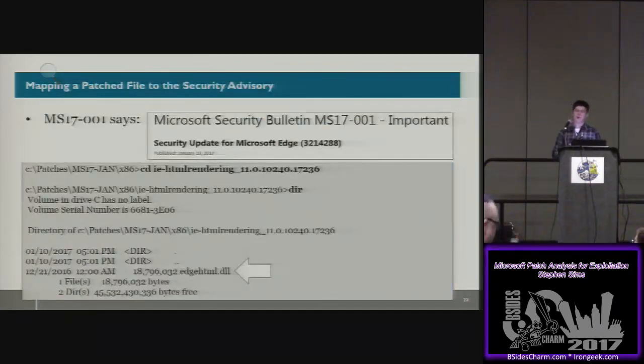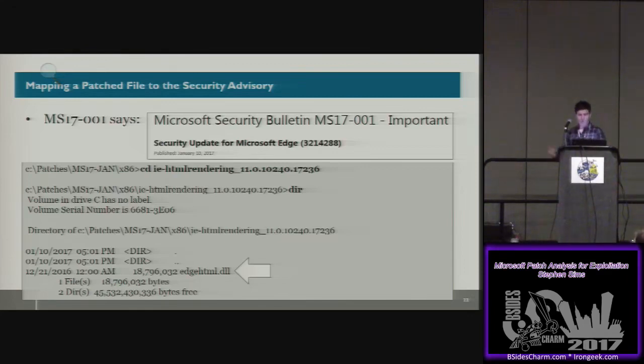This right here, so a next question while we're letting that run in the background is, how do you map an extracted update to the KB number or the CVE? In other words, if I'm left with 20 folders and those 20 folders have patched files in them, like DLLs and drivers, how do I know which ones map to the knowledge base number, the vulnerability that I'm interested in